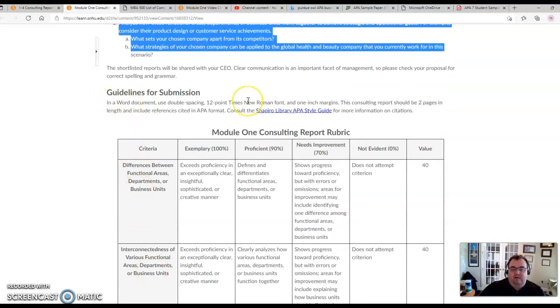This is the style guide, right? So we use the APA style guide. You can go to the Shapiro library and see the style guide. So you need to use double spacing, 12-point Times Roman font. I don't get too hung up on this, but double spacing is key. Trust me, I have to be able to read all of these, and if it's kind of crunched down, sometimes it's a little difficult, with 1 inch margins. So just keep a standard APA format. Your consulting report should be 2 pages in length and include the references, right? So 2 pages is basically the meat of your subject.